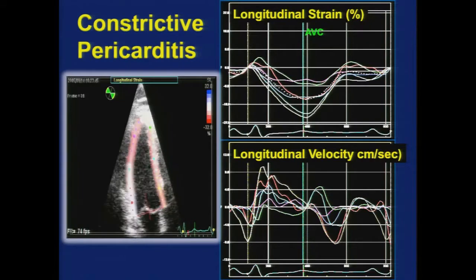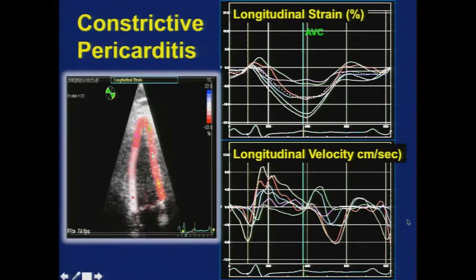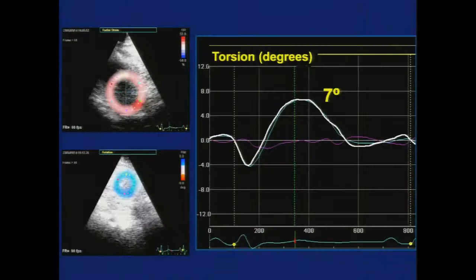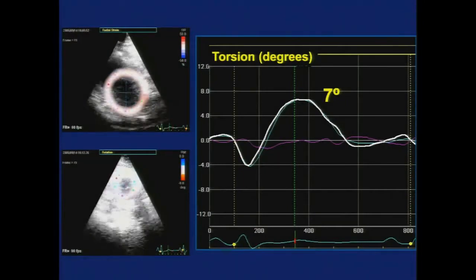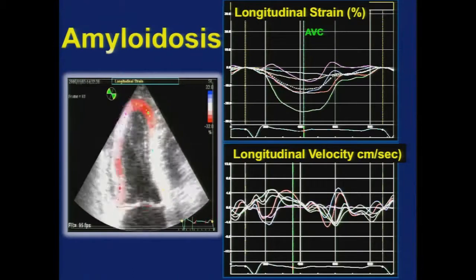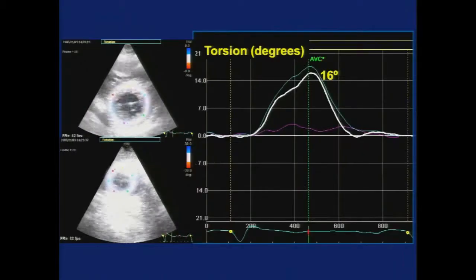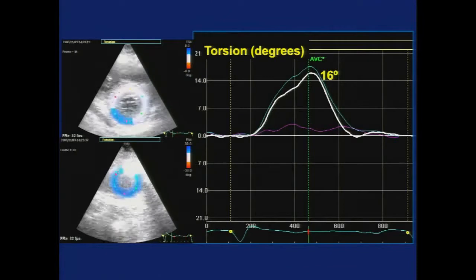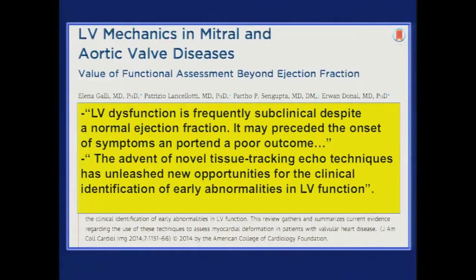For example, here's a patient with constrictive pericarditis. Well, constrictive pericarditis is a problem of the pericardium. The pericardium is adjacent, of course, to the epicardial fibers of the heart. Longitudinal function, which is influenced by the endocardial fibers, in constriction tends to be augmented. And in constriction, rotational dynamics tend to be depressed. Perhaps there's inflammation because of the adjacent inflammatory component of the pericardial disease. Contrast this to a patient with amyloid, where you see the opposite, where there's a reduction in longitudinal and more augmentation of rotational dynamics. So it's really this concept of pattern recognition.